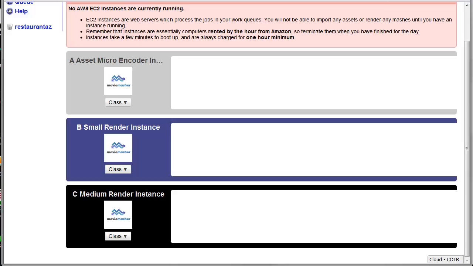For the non-technical out there, all that the word cloud means for us is just the servers that you run in your AWS account, which means they're running remotely in a data center run by Amazon. It's just like the computer you're using right now to watch or read this, but it's located out in the